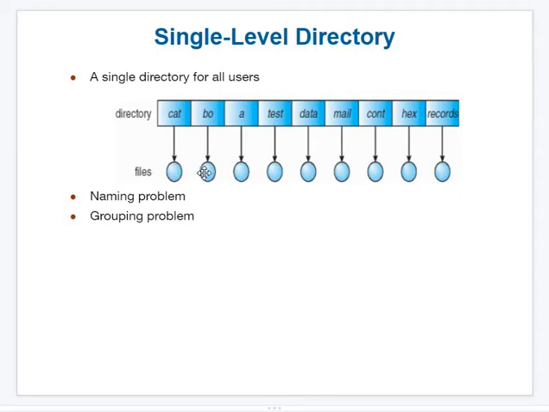If I want to make these two files into a group, that is also not possible, because they belong to different directories of the same level. I cannot have a copy here. That means I cannot share a file under A2 with the A1 directory. So sharing is not possible in a single level directory.